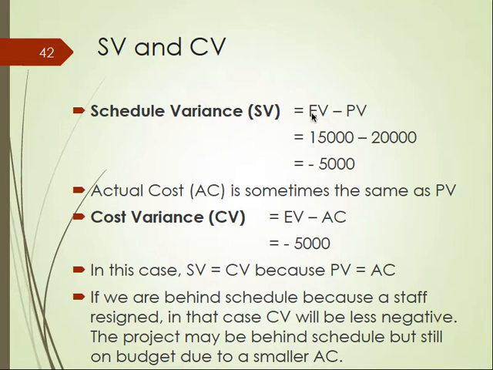It's a simple calculation of the earned value minus planned value, or earned value minus the actual cost. In both cases they're also the same, and again, this is just a coincidence. Sometimes